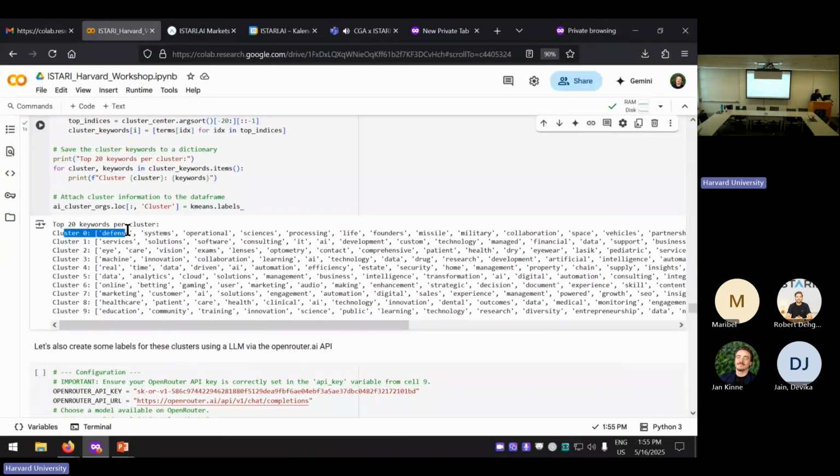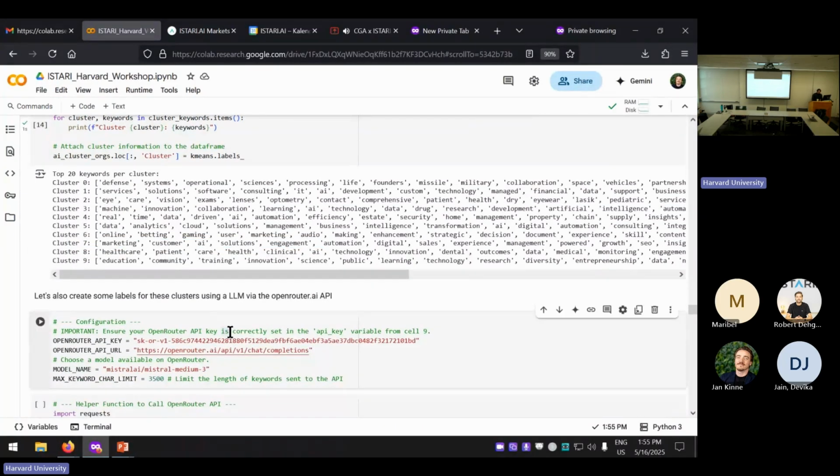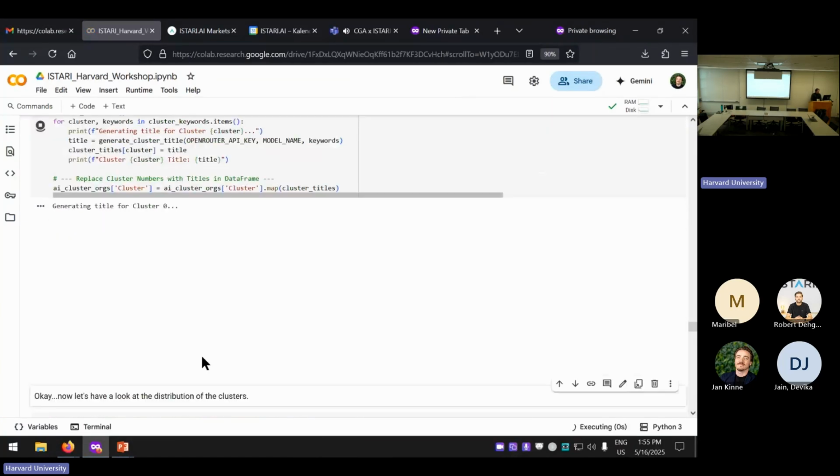And we can see the first cluster here, for example, the important keywords are defense systems, operational science, processing life, and so on. And then we have others that are, for example, cluster 7 is talking about marketing, customers, AI solutions, engagement, and so on. And maybe I want to have a label for each of these clusters. And for that, I will use